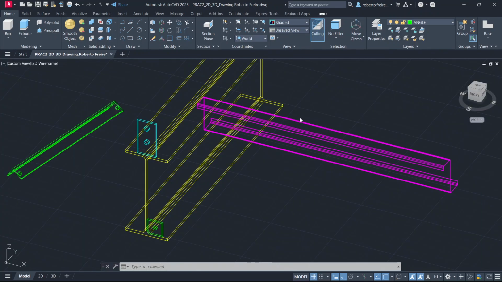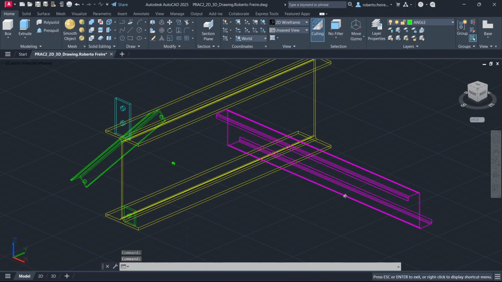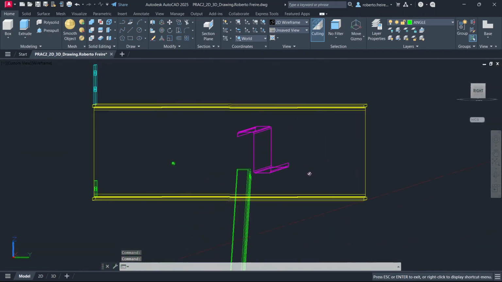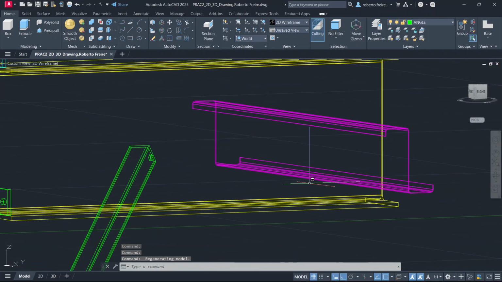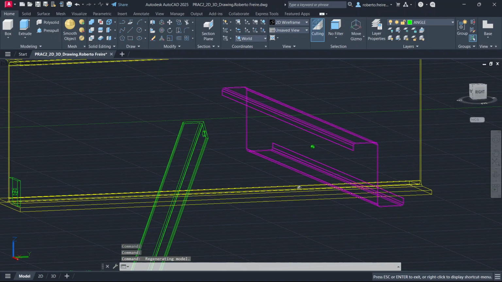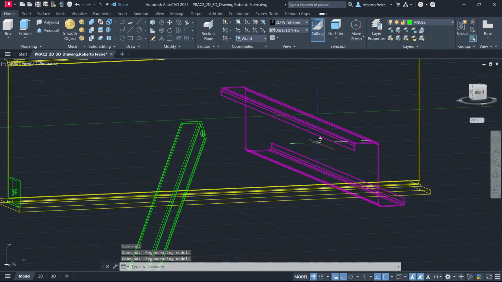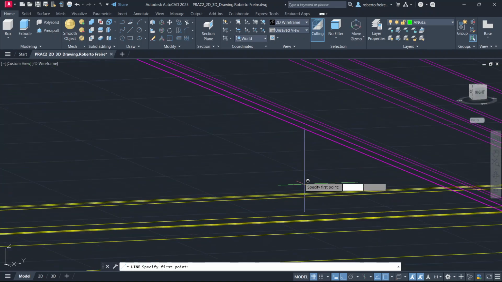So select your 2D wireframe, and you need to find two lines. You need to make two lines of your purlin. How can I do this one? I need to select the line. No worries about the layer, it would be fine if you use different layers just to find the center of this one. So I'm gonna select this one, and I need to find the center of this one. Click there and make a vertical line